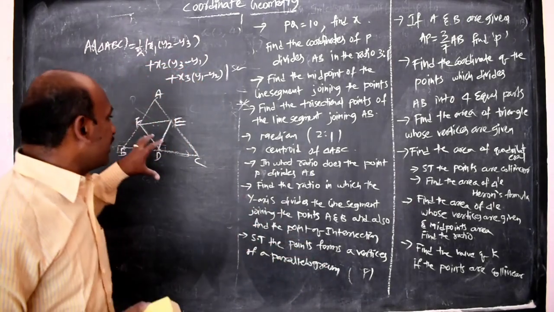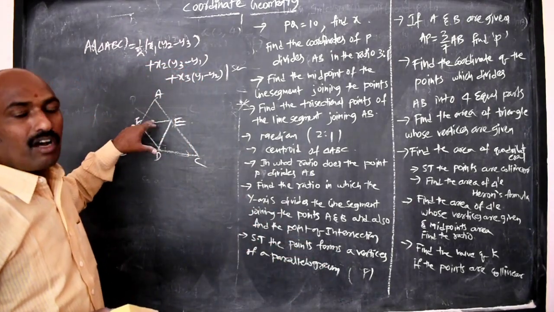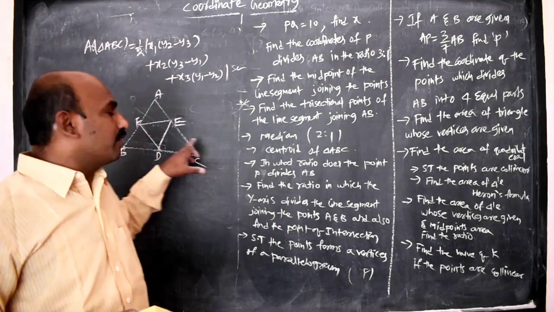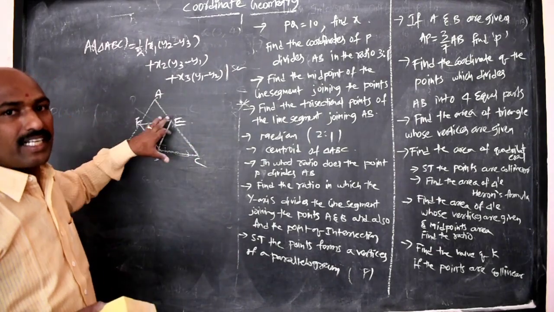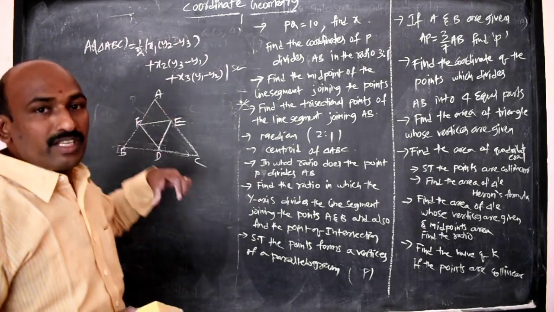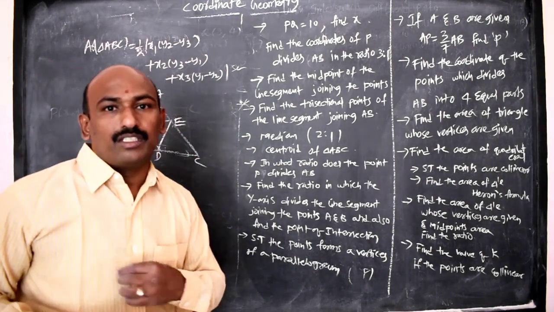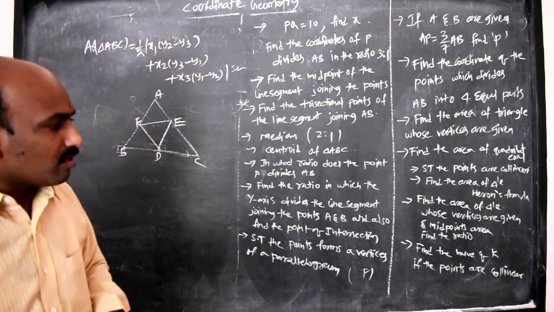This always divides the area of the bigger triangle to the smaller triangle, which means it will always be 4:1. If the area of triangle DEF is to the area of triangle ABC, it means 1:4. Always, because it divides at the midpoints, by using the midpoint theorem we get this 1:2 ratio. Thank you. This completes coordinate geometry.